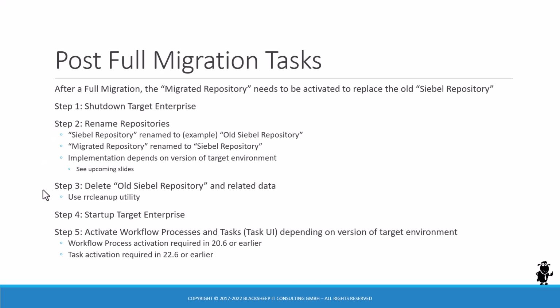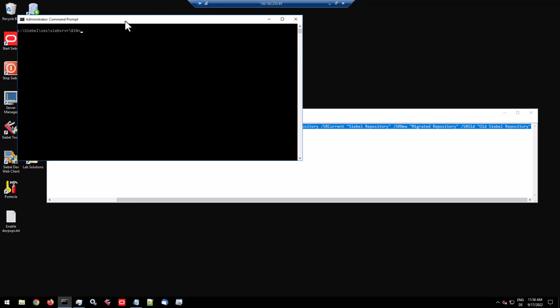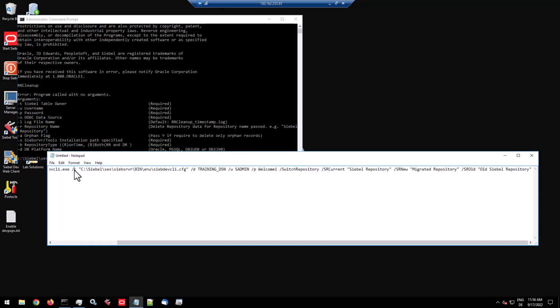We have to delete the old Siebel repository and any related data. There we have to use the RRCleanup executable available on tools machines and Siebel server machines. And there's varying information about it, but I'll show you the safest way to run it. So if you run it from a Siebel server bin without any input, you get the arguments you have to provide. So you can put together your script file like so. So I'm choosing to run it from the Siebel server directory,